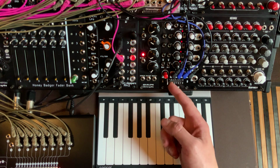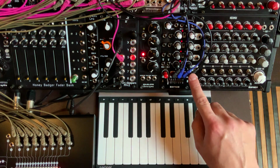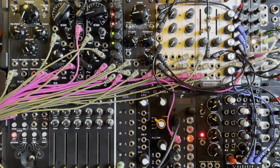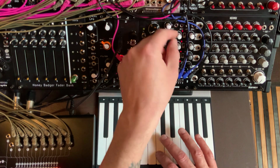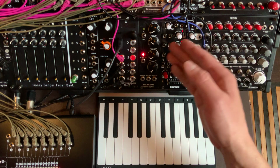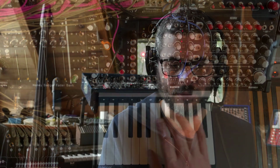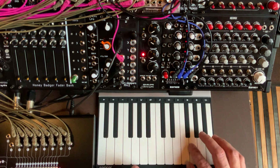Right, and right now I have my Morph Fader in the A side, right? And all 4 of the outputs of the Morph Fader are going to all 4 of the inputs of my attack, decay, sustain, and release envelope generator. So basically, when I'm in A, these are proxy controls for my envelope. And as you can see, if I turn up the attack here, it's affecting it up there, right? But of course, the advantage here is that I have 2 sets and I can smoothly morph between them. So I have this really fast, snappy one on side A, and when I move to side B,